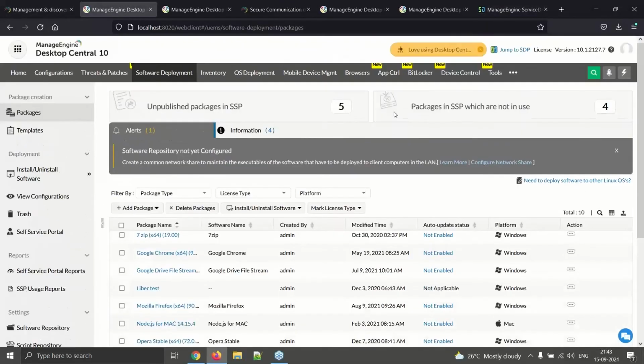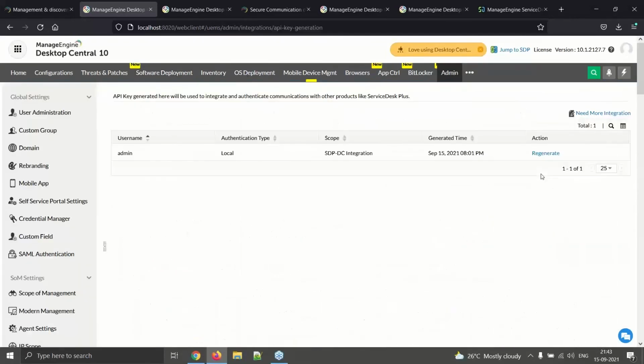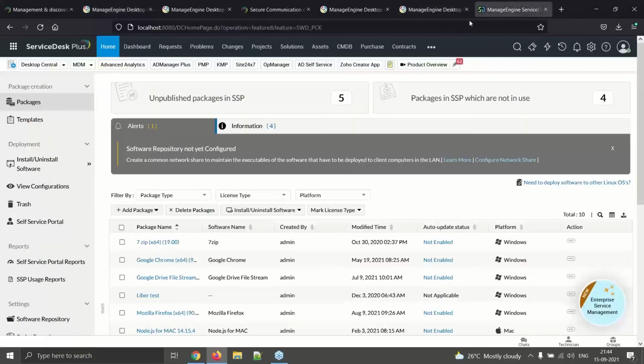Under the ManageEngine Desktop Central console, you have to go to the admin tab, and you have this option called API key generation. You can click on this option. Since I've already integrated, I see a regenerate option. If not, you will see a generate option. So you copy this key, and then you go to the Service Desk Plus console,